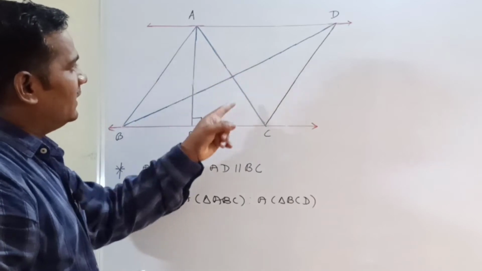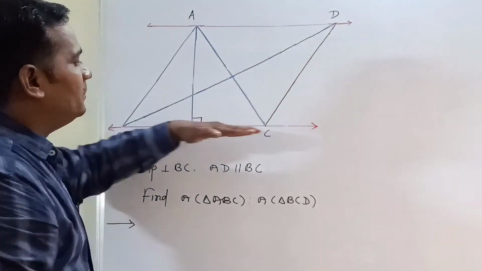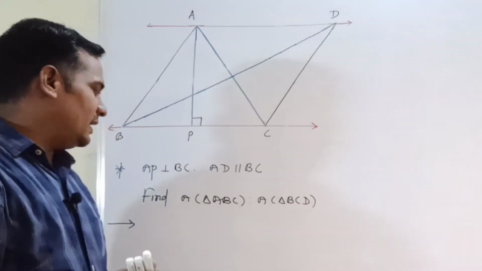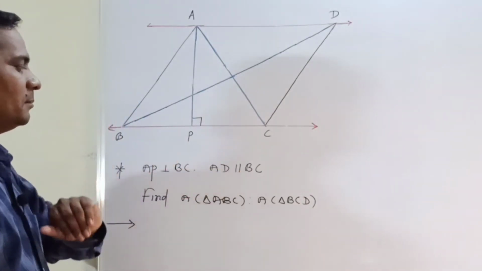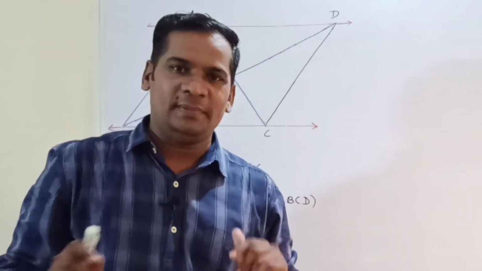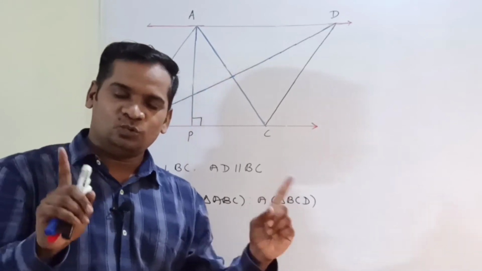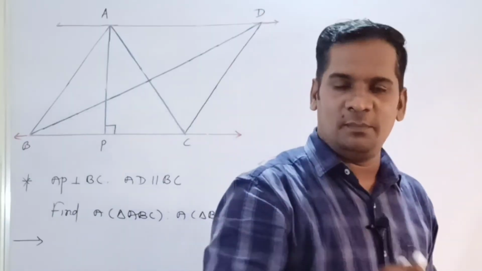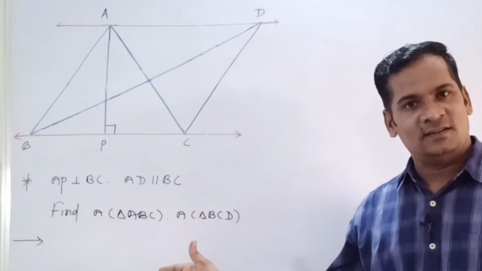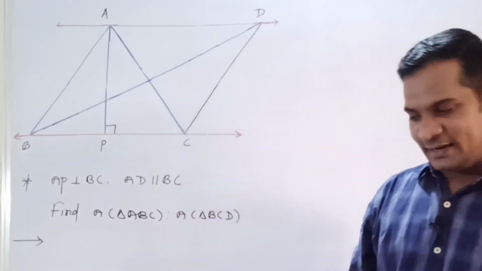Now these two triangles are in between the two parallel lines, line AD parallel to line BC. That means the height of both triangles is also equal, as the two lines are parallel. That means these two triangles are of equal height and equal base. At that time we know the fourth property: the ratio of areas of two triangles of equal height and equal base is equal to 1:1. Okay, and their areas are also the same. So let's find out that answer.